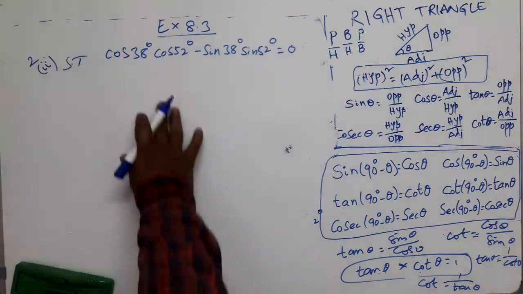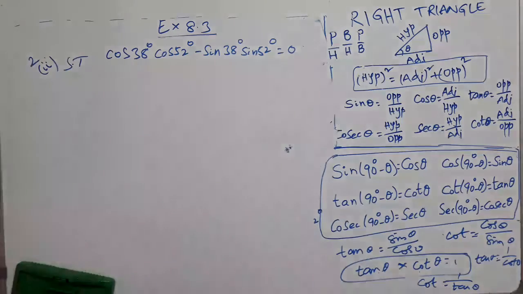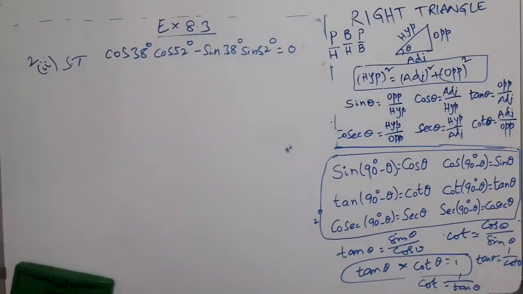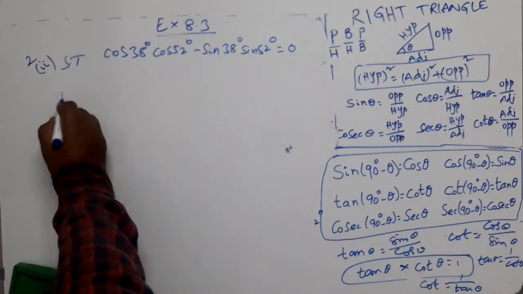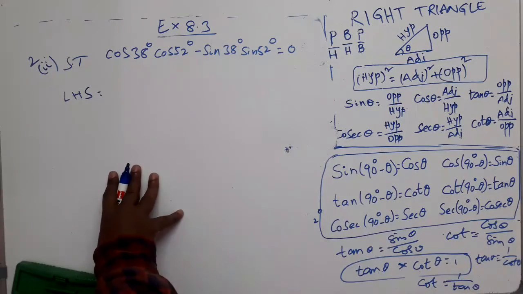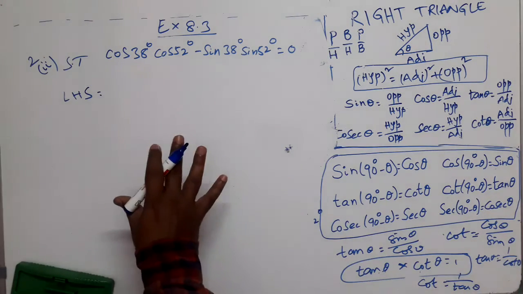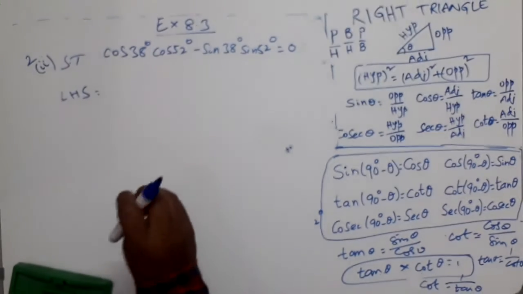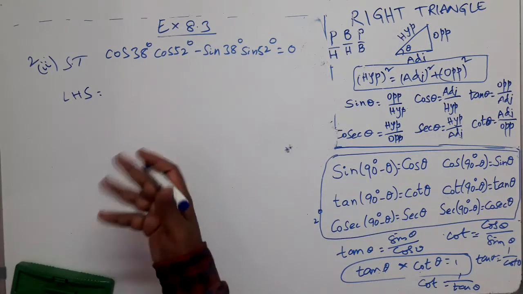So left hand side is this expression, right hand side is 0. So what shall we do? Let us start with the left hand side and show that on simplification it gives the right hand side. See, what have you observed? Do you know the value of cos 38 degrees directly? No. Cos 52 degrees? No. Sin 38? No. Sin 52? No. So how will you think? Yes, the thinking approach towards the question is important. How you are supposed to think to solve the question, that's what you always keep in mind. Yes, how shall we think?